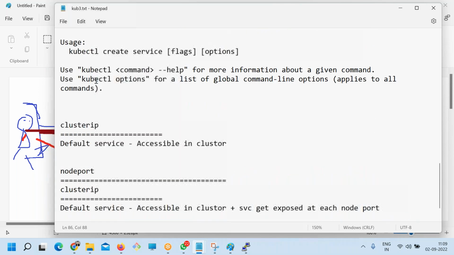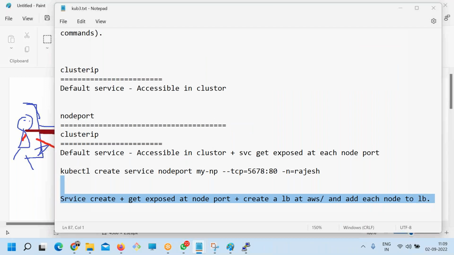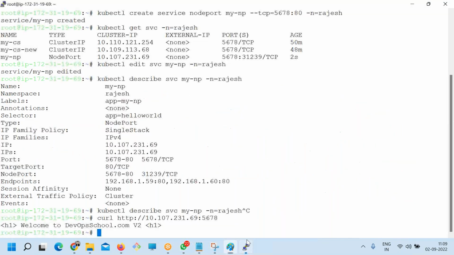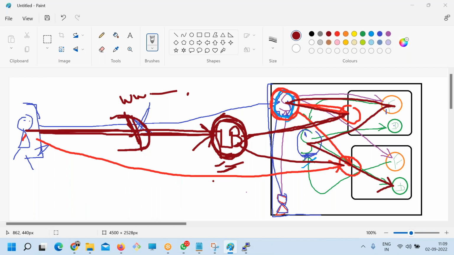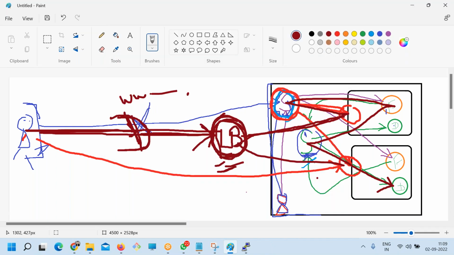So when you select this one, then this will happen. But now it will not work because my cluster has no idea about AWS. So this is the stuff. Did you understand, all of you, what the service concept is? Yeah, Rajesh.